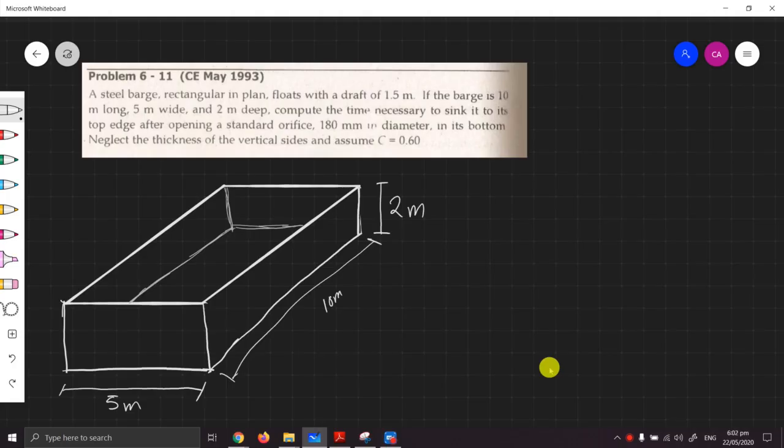We have a problem here. A steel barge, rectangular in plan, floats with a draft of 1.5 meters. If the barge is 10 meters long, 5 meters wide, 2 meters deep, compute the time necessary to sink it to its top edge after opening a standard orifice 180 mm in diameter in its bottom. Neglect the thickness of the vertical side and assume